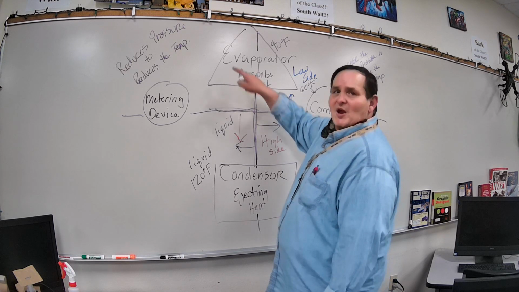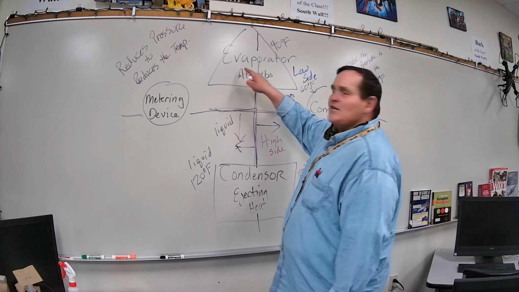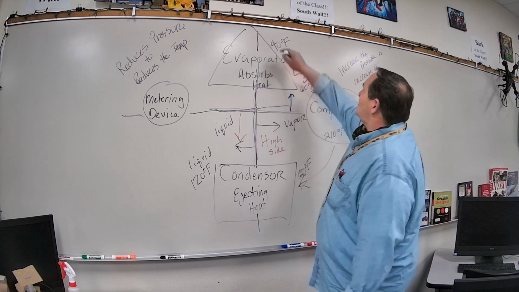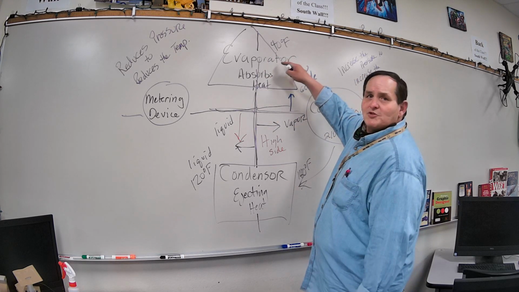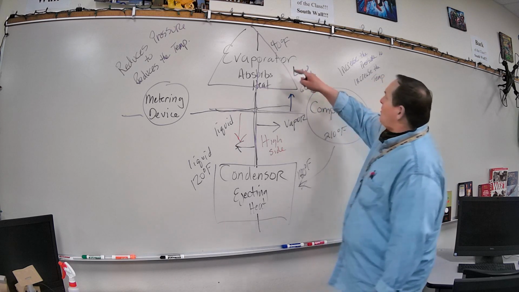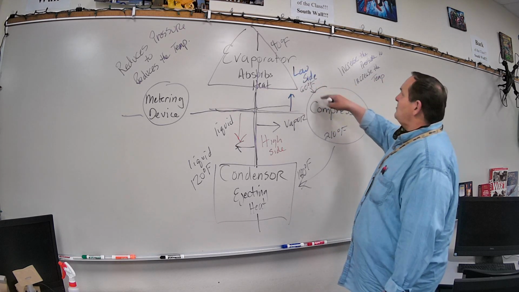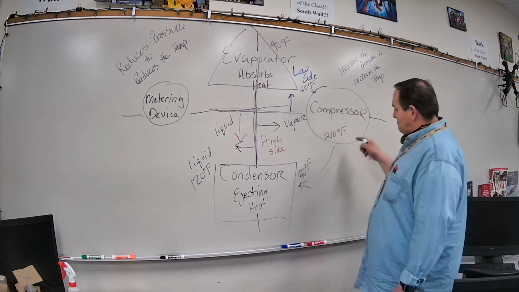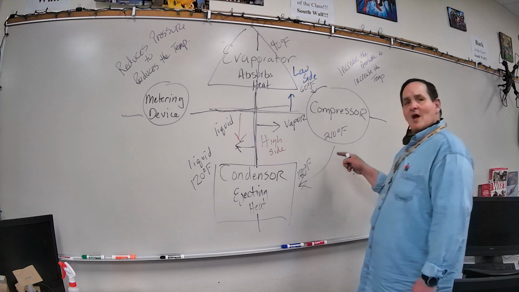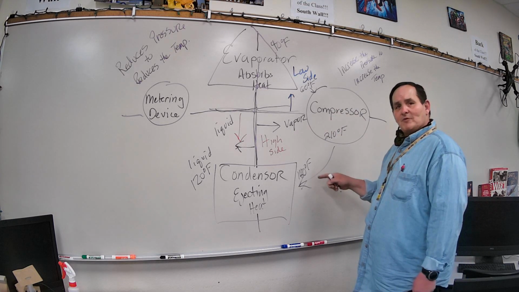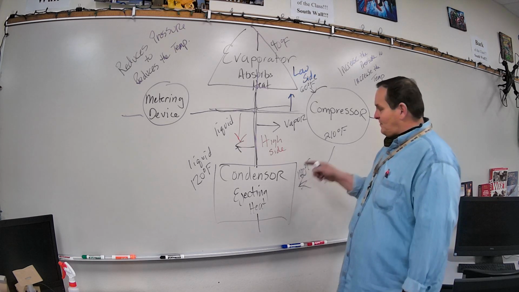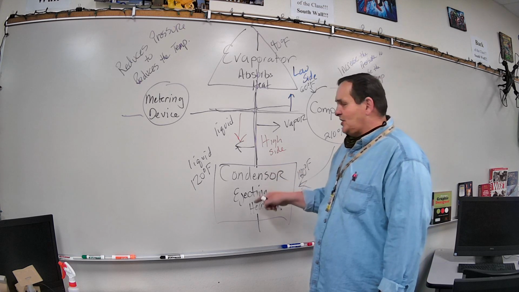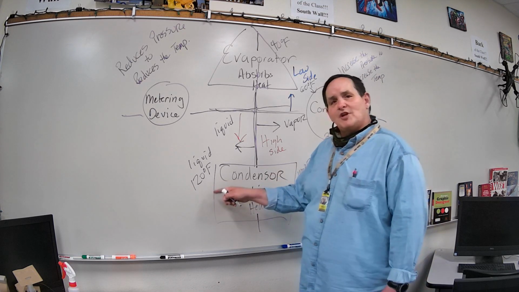And as it's being sprayed into the evaporator, it's changing into a vapor, and on this quadrant it becomes a low pressure, low temperature vapor. And then it goes in the compressor as a low pressure, low temperature vapor. It gets changed into a high pressure, high temperature vapor. And then the high pressure, high temperature vapor goes in the condenser, gets cooled off, changes into liquid, comes out as a high pressure liquid,